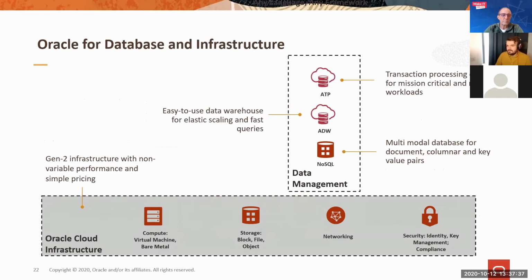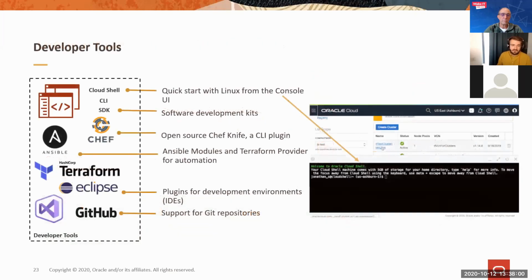And when it comes to databases and infrastructure available in OCI, we have basically the autonomous database. What we don't have on the slide is the autonomous JSON database. And what we also don't have on the slide is the recently announced MySQL service, which is very, very strong. And I urge you to go and check it out. It's very powerful. And one more thing, developer tools.